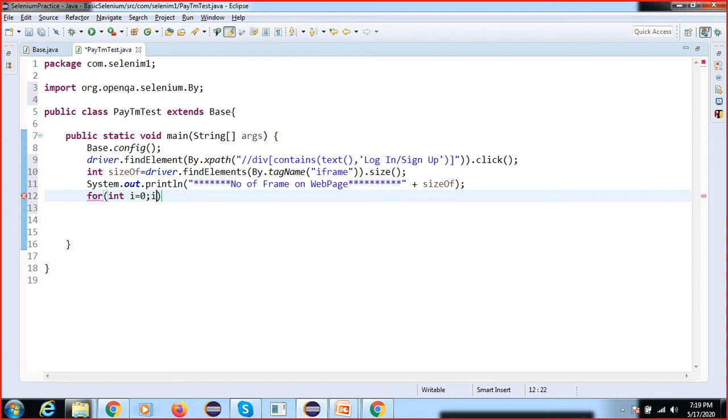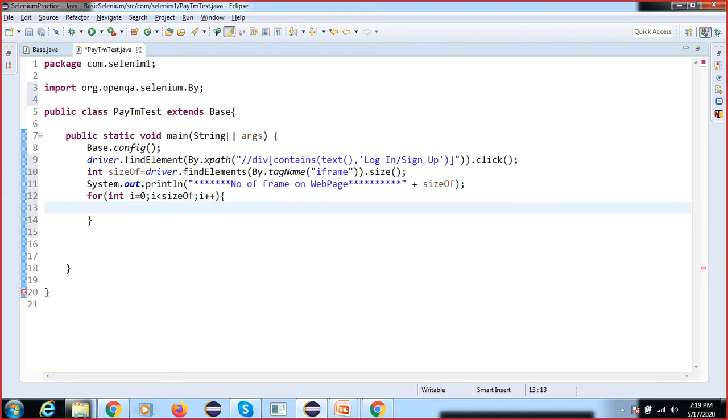So I will use a for loop here, up to the size of this, i++. I think Kumar already pinged me that you are trying to switch on the frame but you are not able to switch. So this is a different scenario.